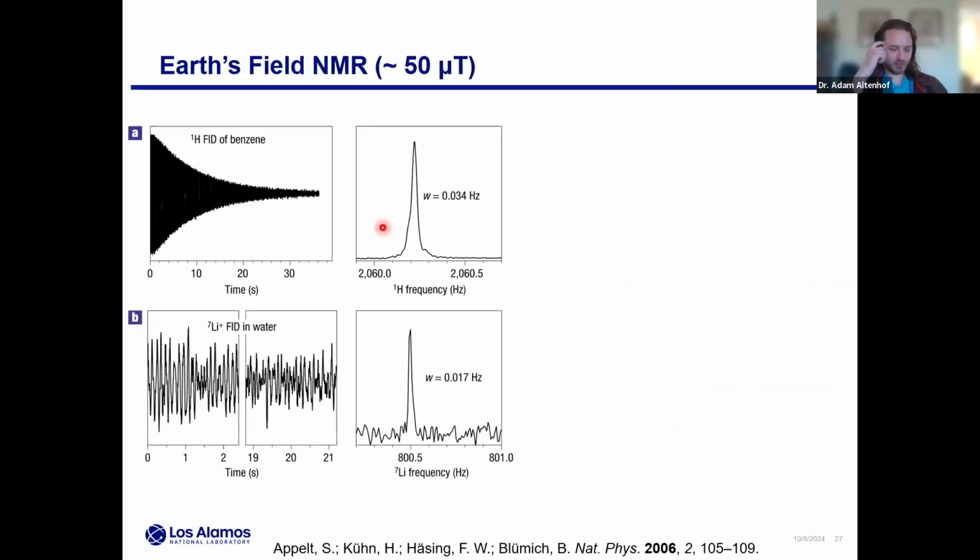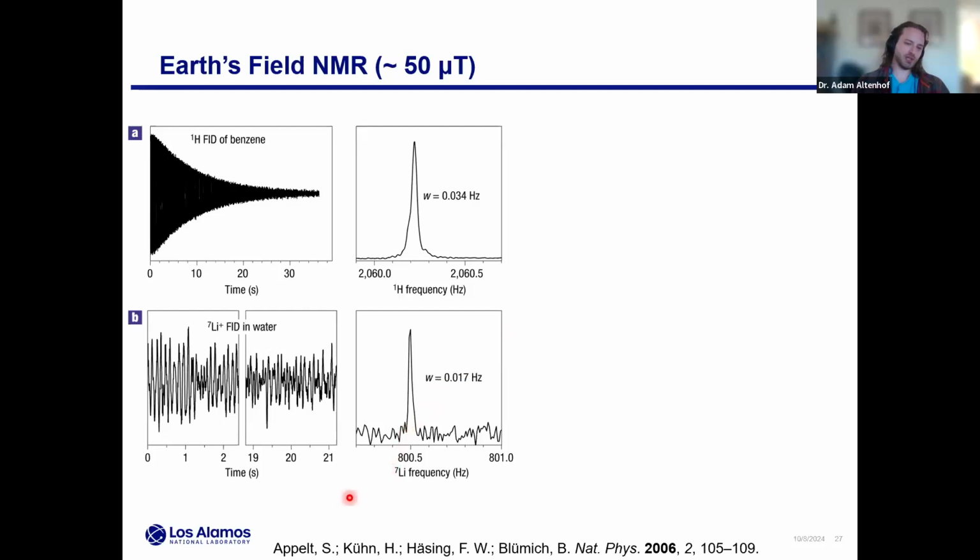So now I'd like to switch over to this Earth's field NMR discussion. The general motivation here is the same question: can we use this sort of low field spectroscopy to do some meaningful detection work or characterization work for fentanyl? Now, before getting into any background, I think it's nice to just show why we'd want to use this, sort of let the data speak for itself.